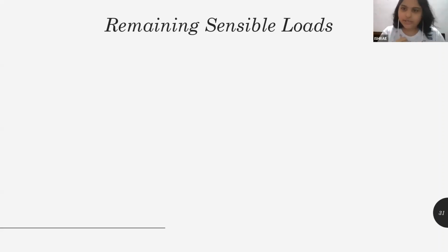Now that we are done with solar heat gain through glass and solar heat gain through wall, it is time for us to talk about all the remaining sensible load. What does that mean? That means that the sensible load in a room is not restricted to just your wall or your glass. It has a lot of other factors that are affecting your room, sensible load wise. In sensible and latent load, you all might know that sensible is the one which is the temperature change, latent load is when phase change happens. So what are the factors that affect the sensible load?